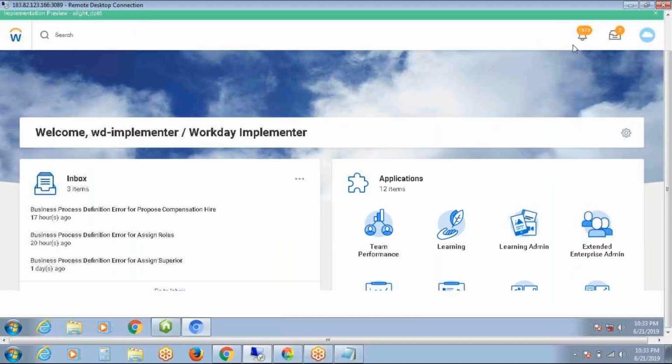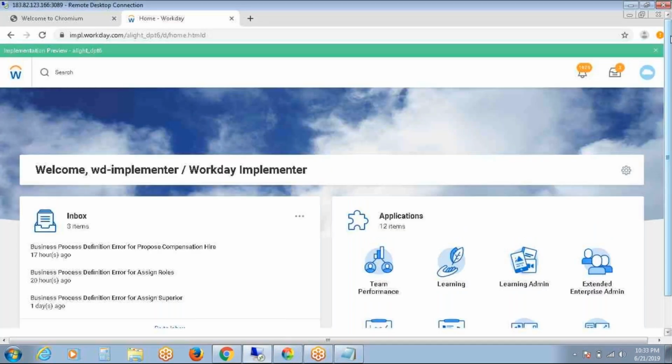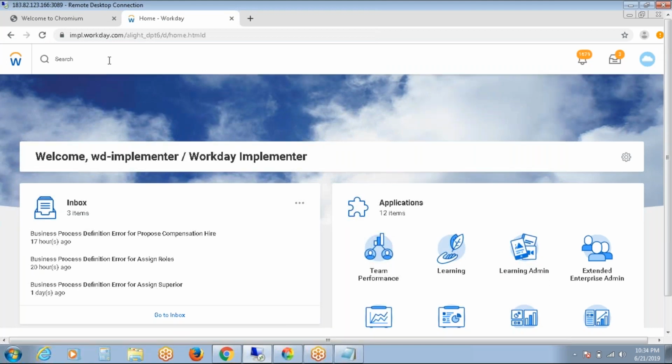Today I am not going to create much in this tenant because the Accenture tenant is in maintenance. Whichever country is providing the Accenture tenant, that country will start maintenance from Friday evening onwards. So I am going to use another tenant called Elite, and here I will just create only two job profiles.